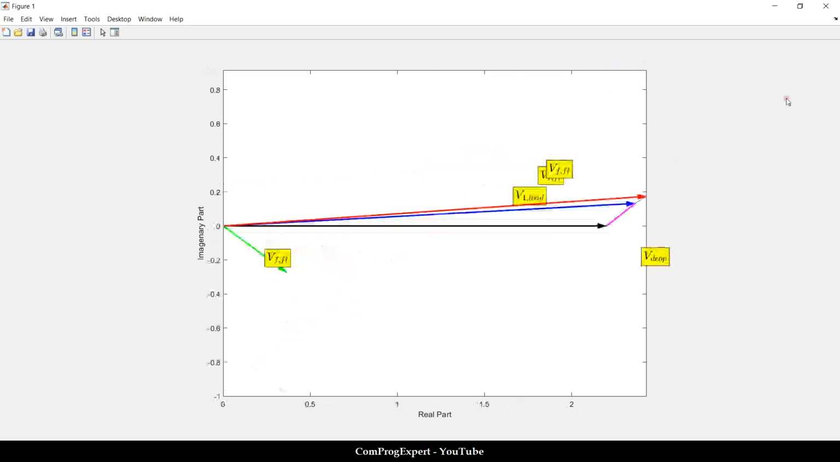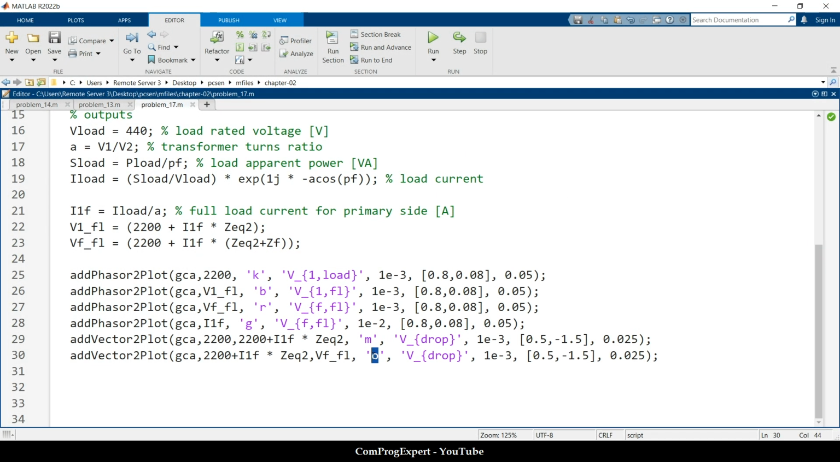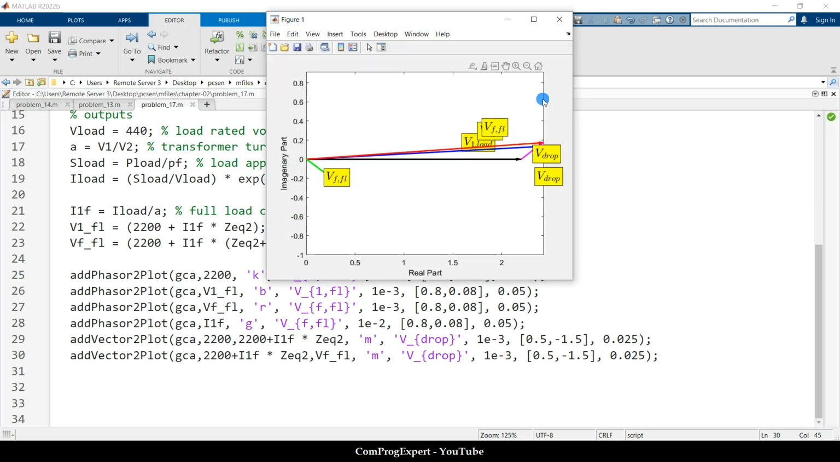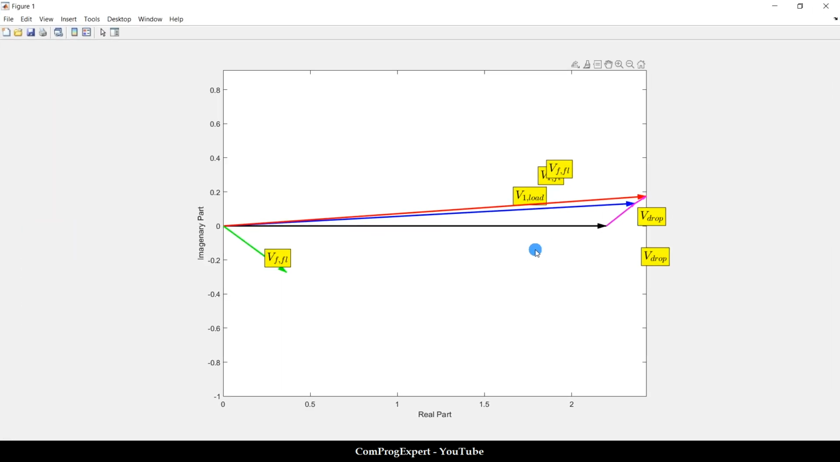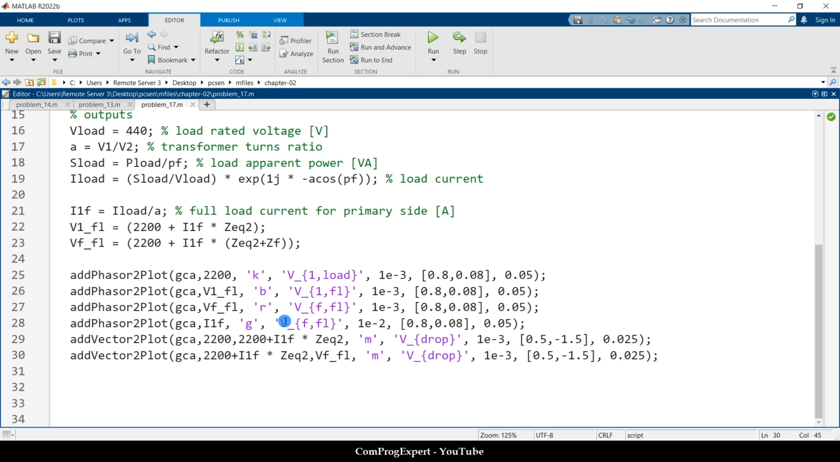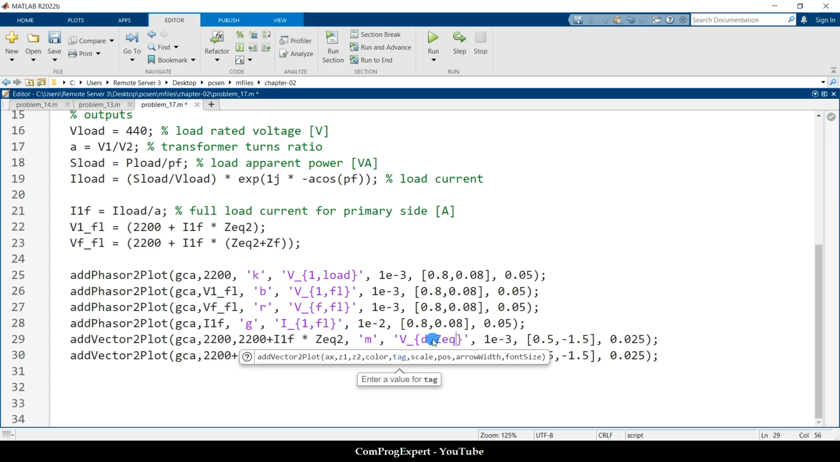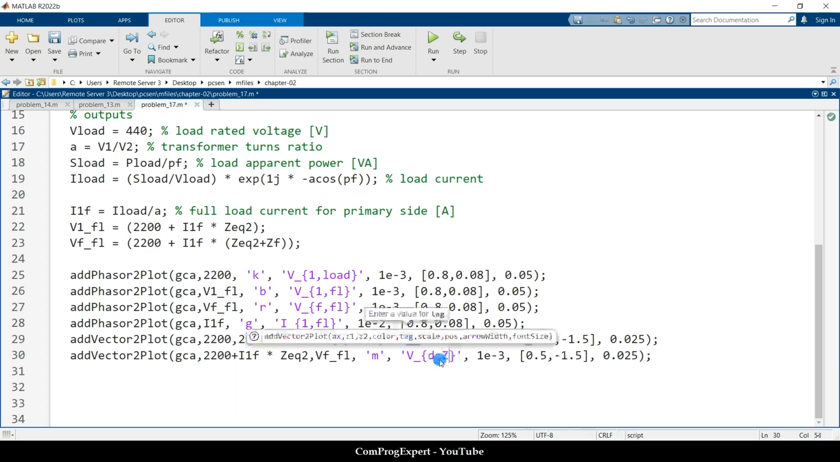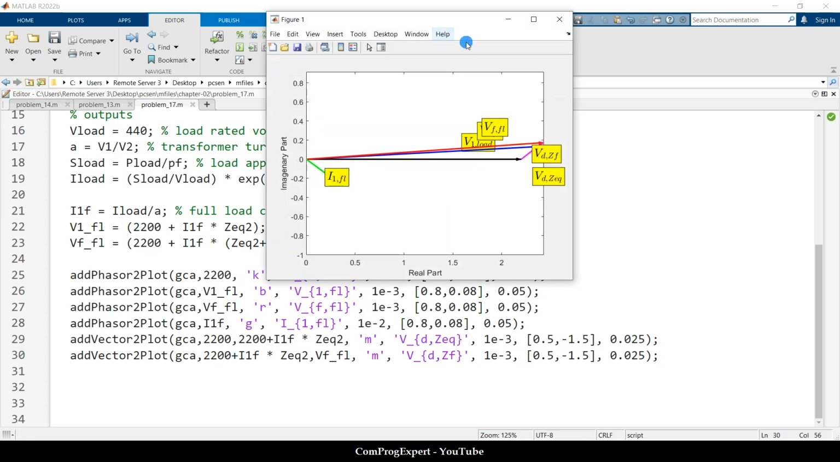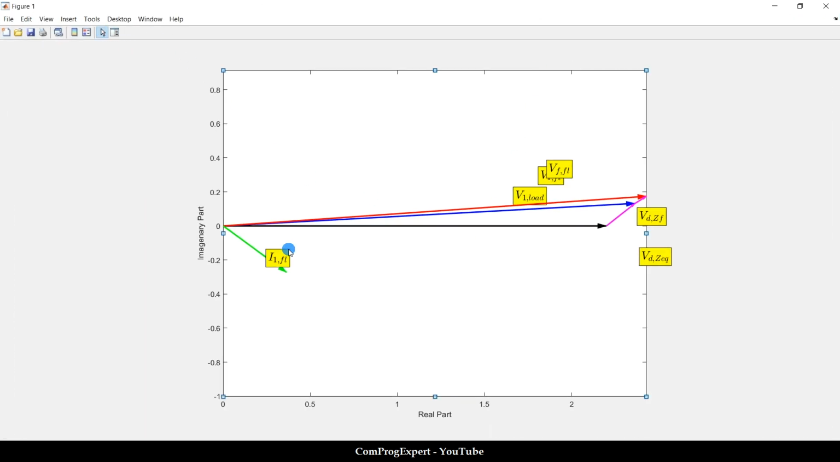So you can see the graph. Let's use M again. Yes, so this is the phasor diagram in this case. You can also set the tags. This is I1 full load. This is the voltage drop on Z equivalent. This is the voltage drop on Z feeder. Perfect. We can generate this nice